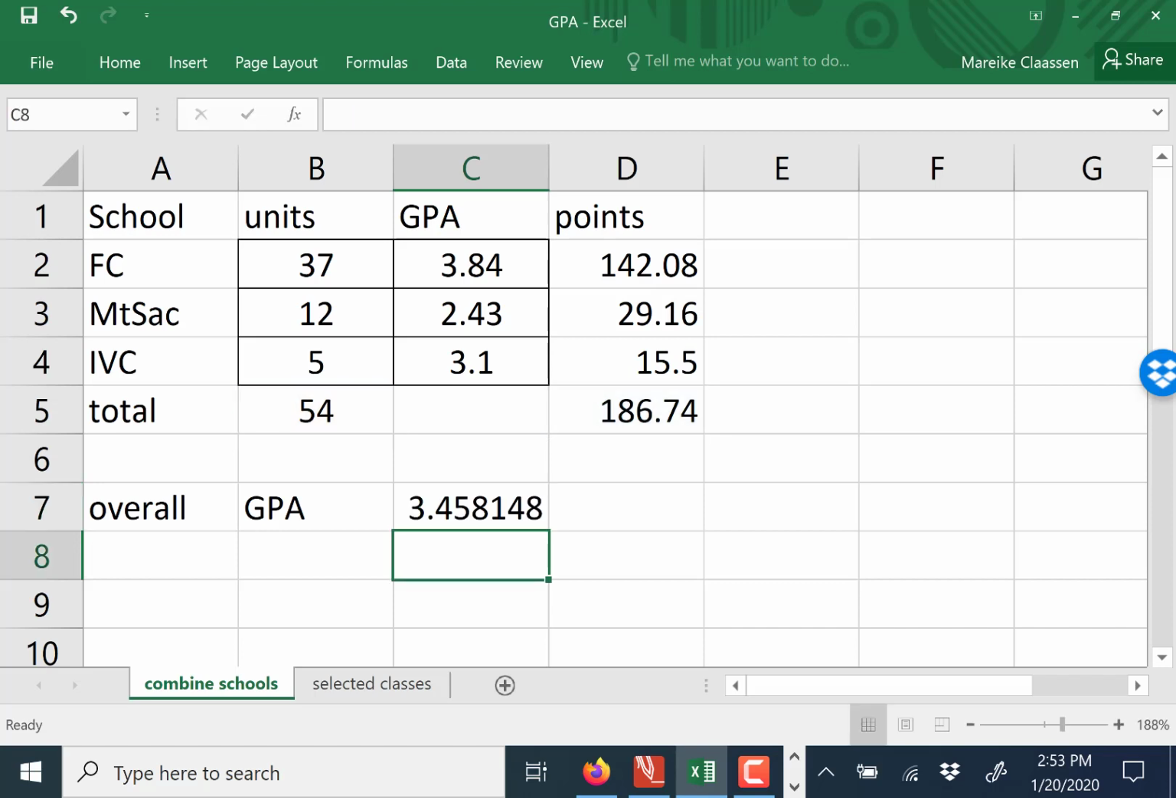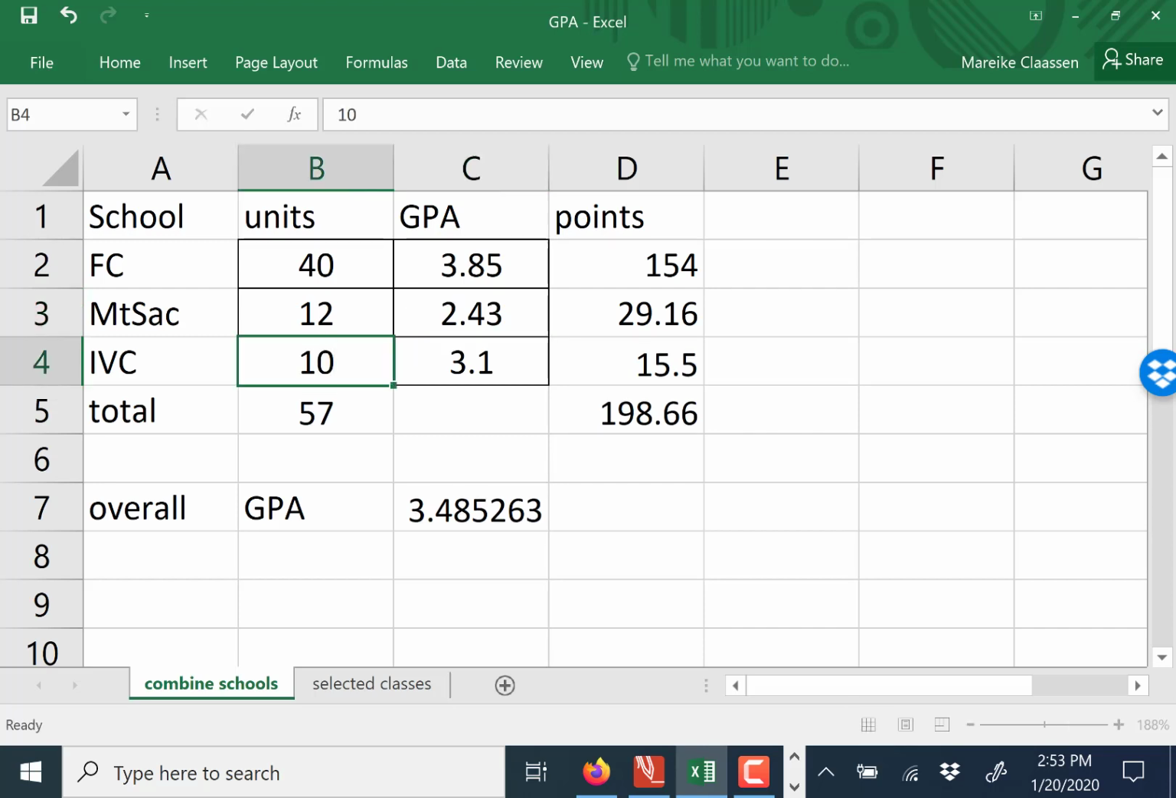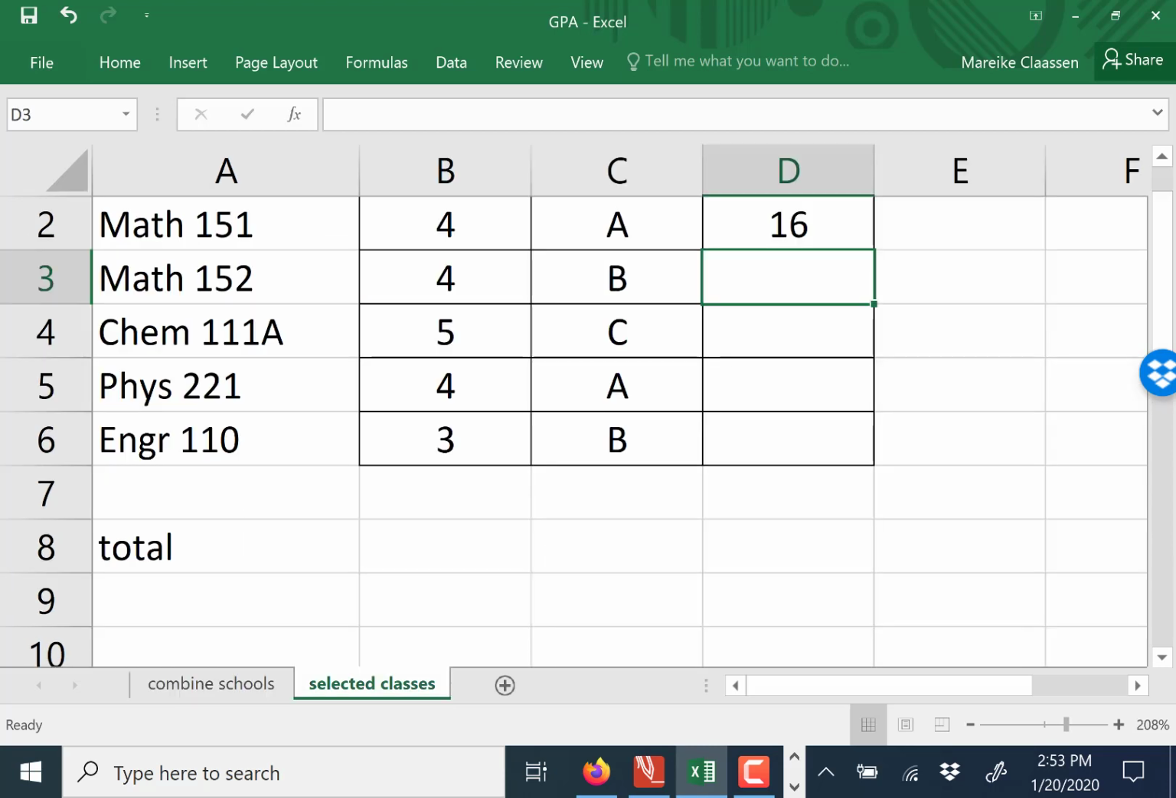So now if I change, like if next semester I want to calculate that again, but I have now taken 40 units at Fullerton College, and my GPA has changed to 3.85 maybe, then it just does the calculation again, right? Or maybe I took 10 more units at IVC and my GPA changed to 3.5. So now I get a new calculation. I don't have to redo anything. And I can do the same thing for